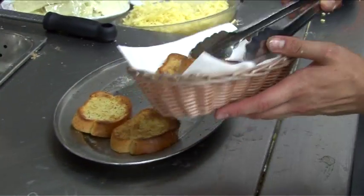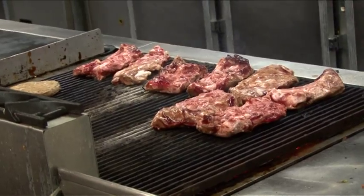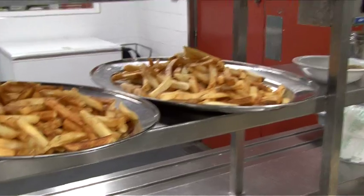A typical food order for a family here at the Dustable restaurant might consist of some delicious garlic bread, salad, oysters, ribs, steak, pasta, and potato chips. Yum, yum. There are many different types of tools and equipment that a chef needs to prepare and cook food